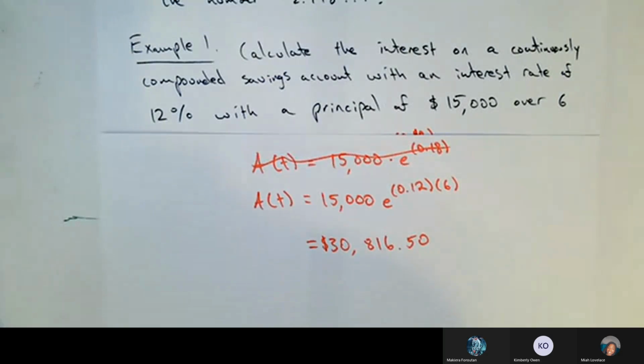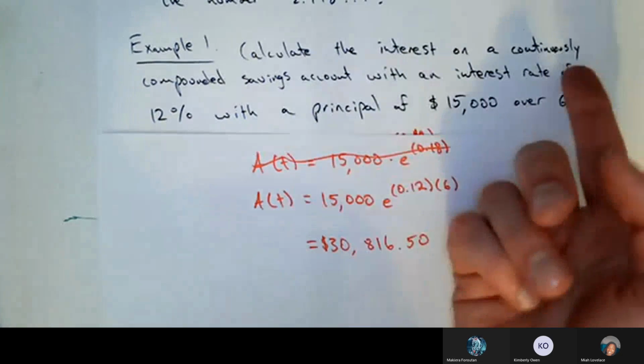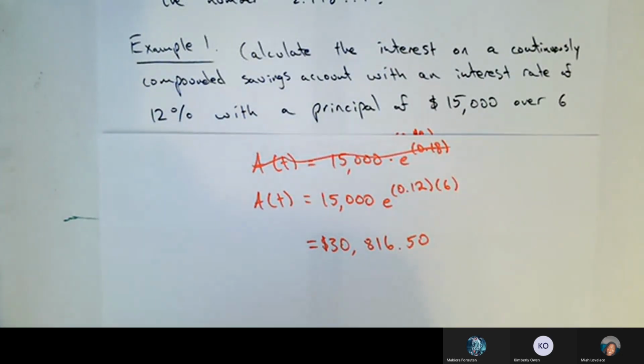So just a word of advice, if you are later on in life looking to open a savings account and you're comparing banks, the interest rate matters more than the number of compoundings. Like if you see an account that has continuously compounded interest, with an interest rate of 12%, and then there's another bank that compounds quarterly, but they have an interest rate of 15%, then you would want to do the calculation to be absolutely sure, which you know how to do now,